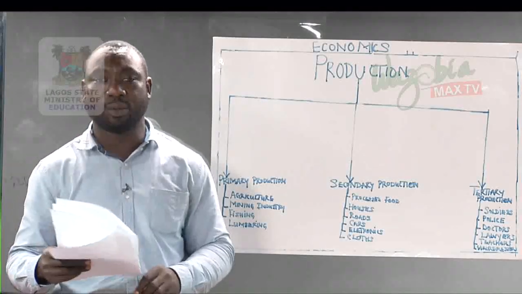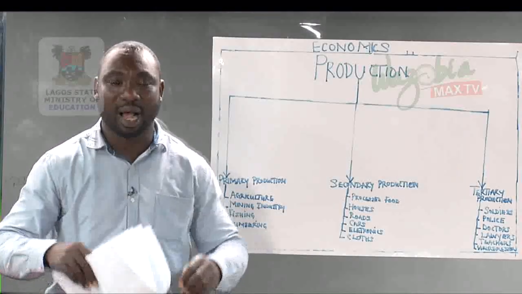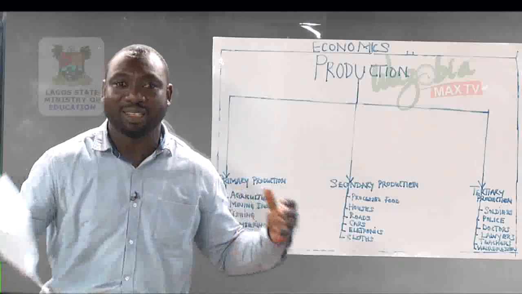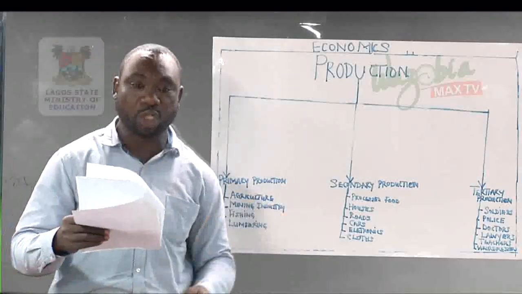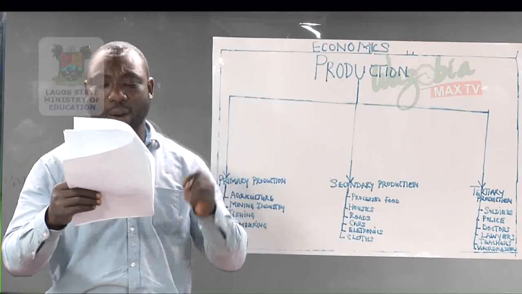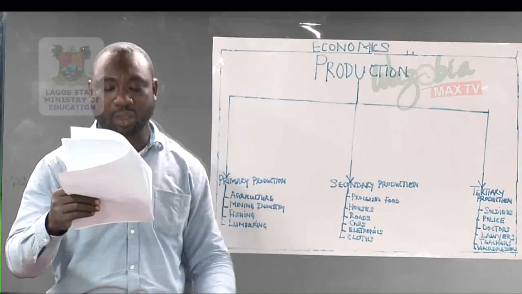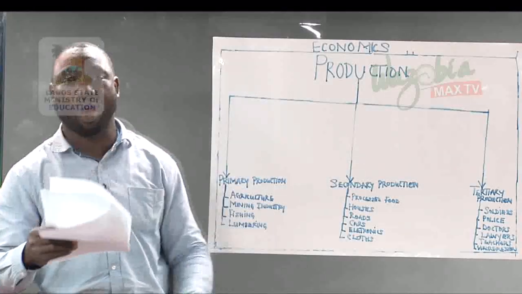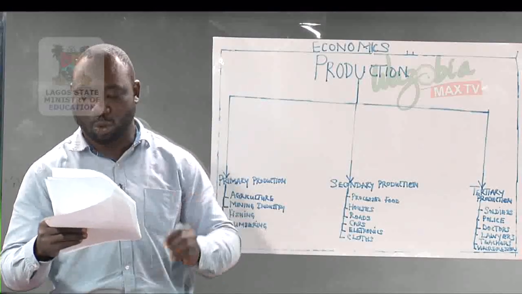Who is an entrepreneur? An entrepreneur is the initiator of the idea, the one that coordinates other factors of production, the one that invents the technology that we see today. This is the factor of production that coordinates and organizes the other factors of production. It decides what to produce, how much to produce, and also bears the risk. He also takes decisions and is the one that controls the factors of production.